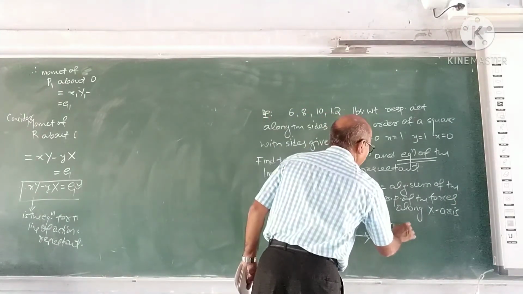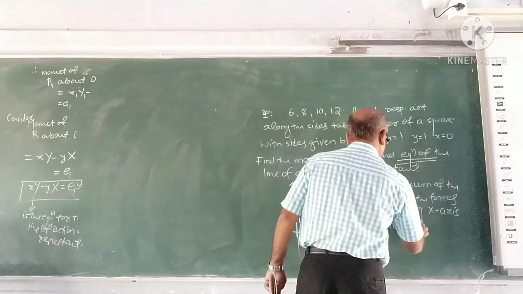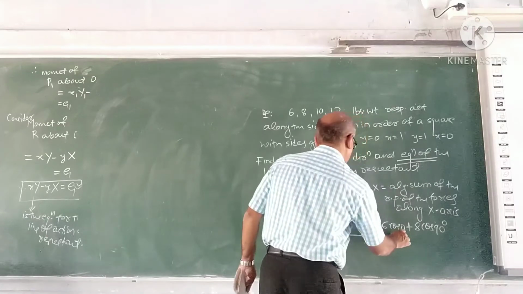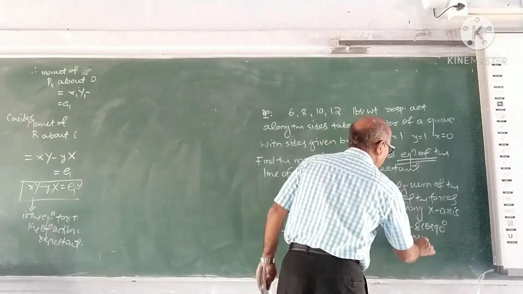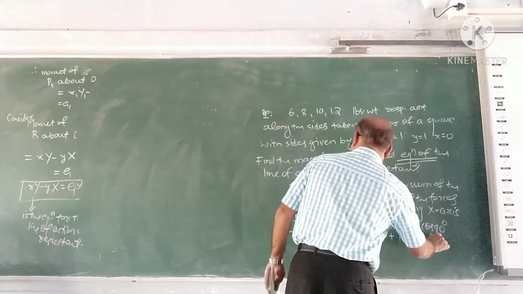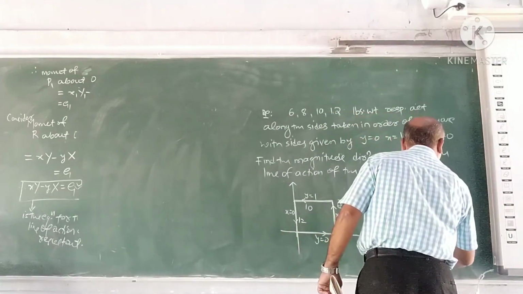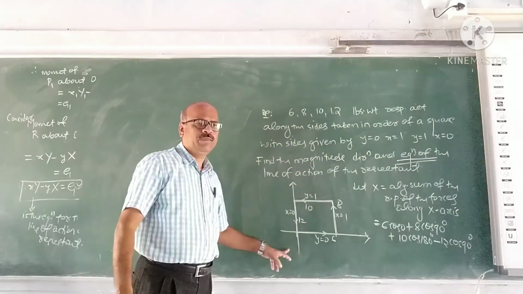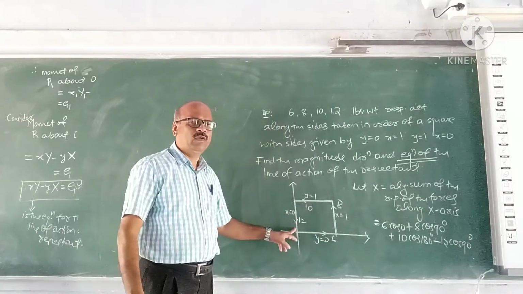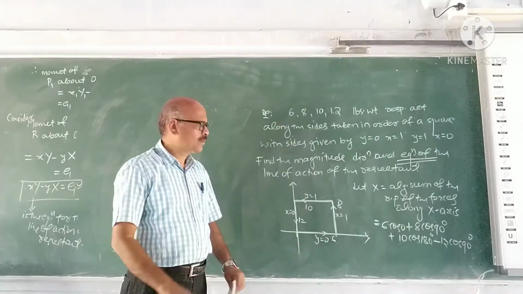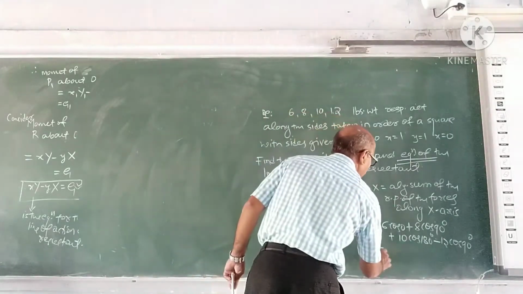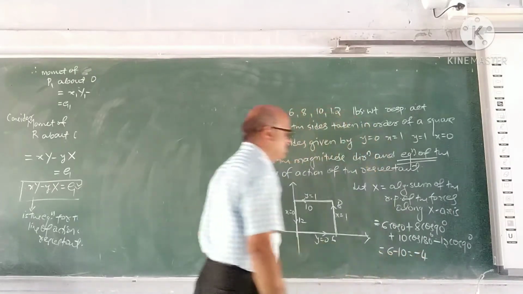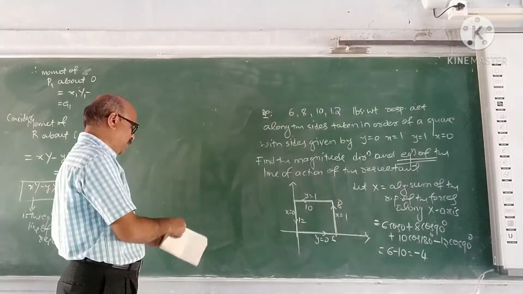It is 6 into cos 0 plus 8 into cos 90 degrees plus 10 into cos 180 degrees minus, I take the minus value, into cos of 90 degrees, because see the direction of this force, so I have taken the minus value; it makes an angle of 90 degrees. What is this? 6 minus 10, it is minus 4.